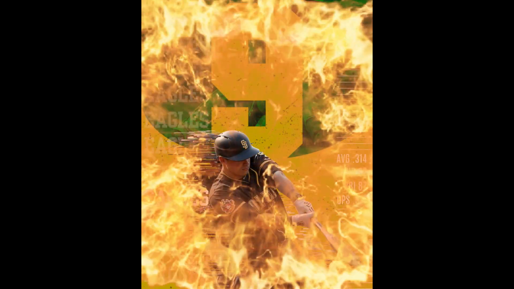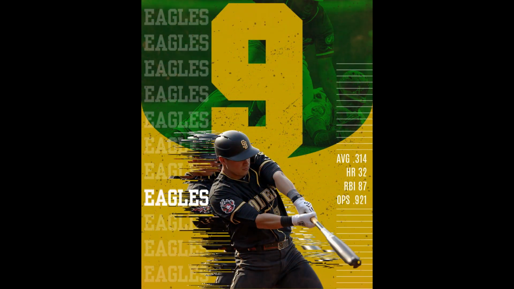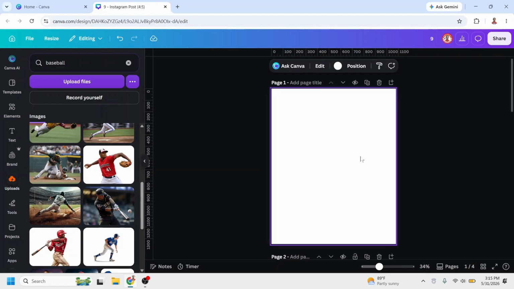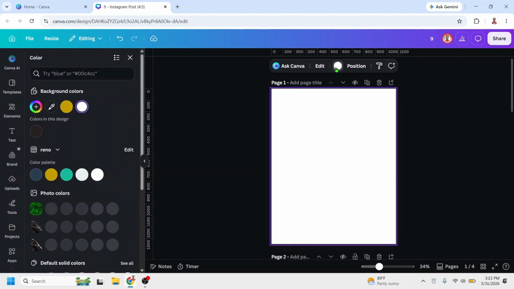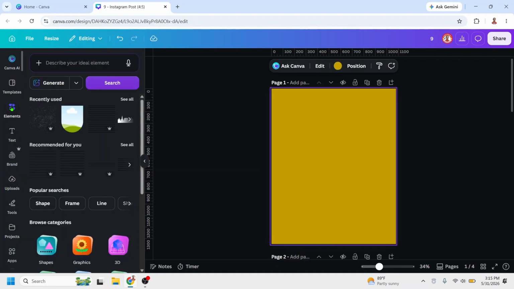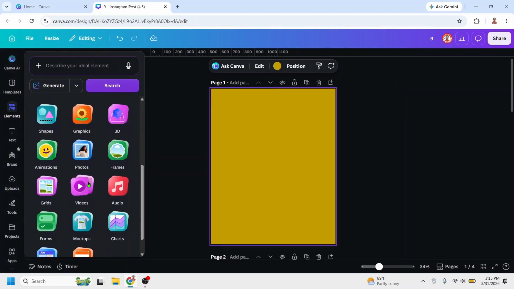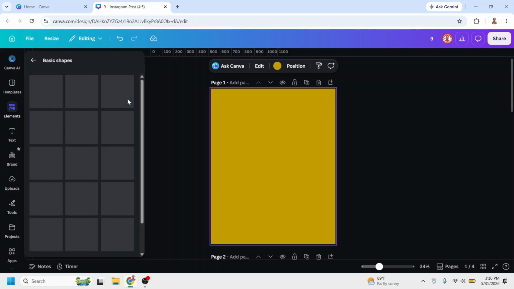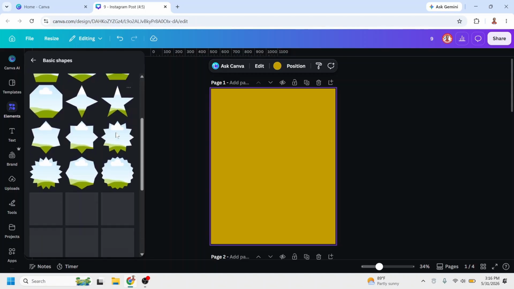Let me show you how to create this pro baseball graphics in Canva. Open a project in Canva and then I will change the background to yellow. Go to elements and then scroll down to frames. On the basic shape, click see all and scroll down